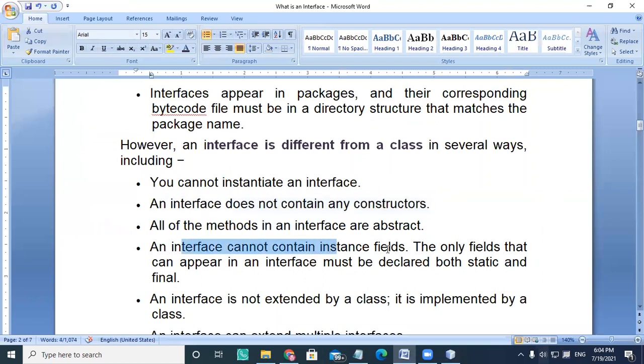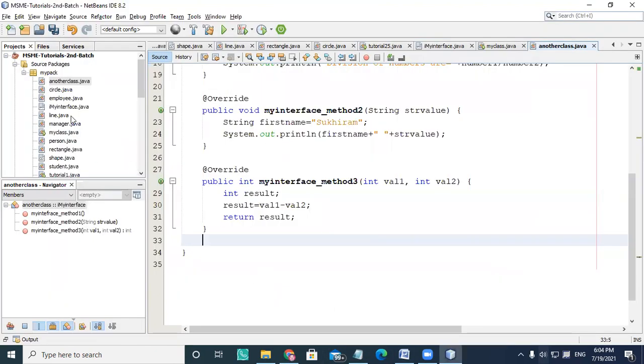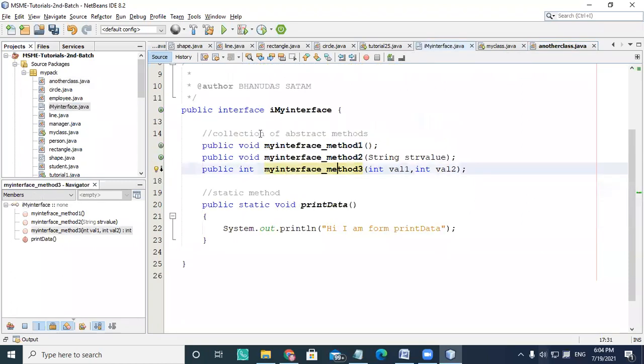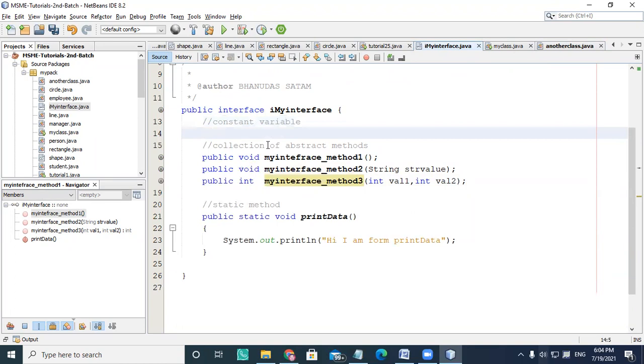An interface cannot contain instance fields. The only fields that can appear in an interface must be declared both static and final. Final means constant here. If you want to define a constant variable, that is allowed inside an interface. You can't declare, for example, public int number.